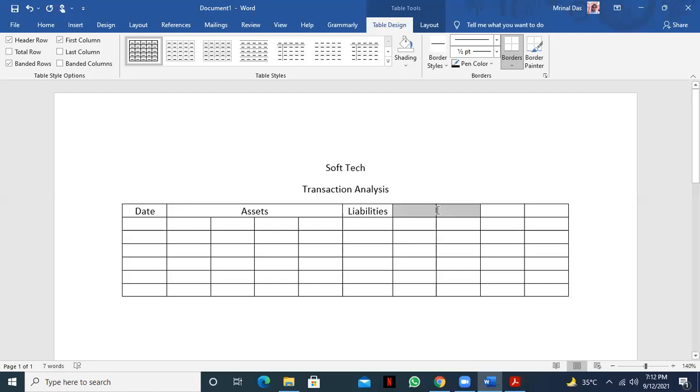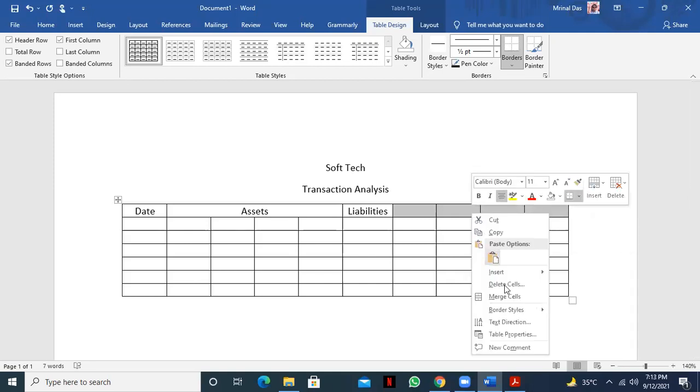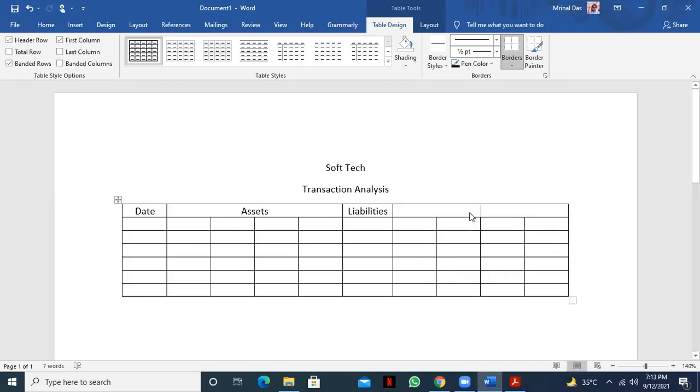Okay, and this 4 column will be the owner's equity. So give the name owner's equity. স্যার আমরা চাইলে তো শর্ট ফর্মেও লিখতে পারি a = l + e। না, কোনো শর্ট ফর্মে লেখার দরকার নেই, যেভাবে লিখতেছে সেভাবে লিখবেন।